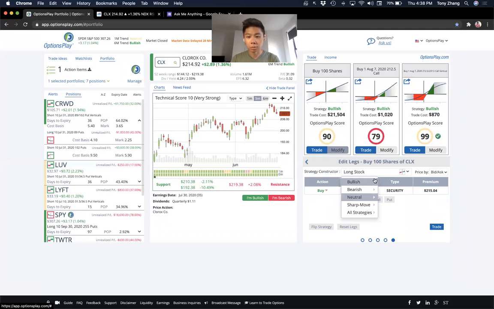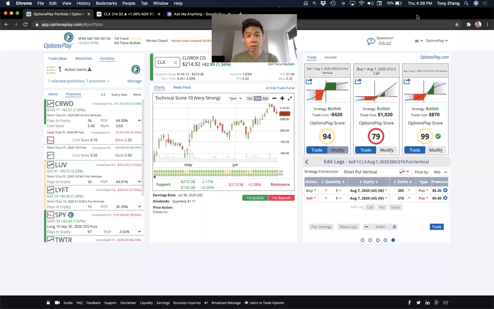Selling credit spreads, as well as looking at buying debit spreads here. So it's trading at around 215 right now. So if I sold the 215, 205 put spread, that's a $10 wide credit spread. Notice how much premium I'm able to collect here, $4.20. I'm able to collect 42% of the width on that credit spread. So this is really something that we want to take a look at for these types of strategies.